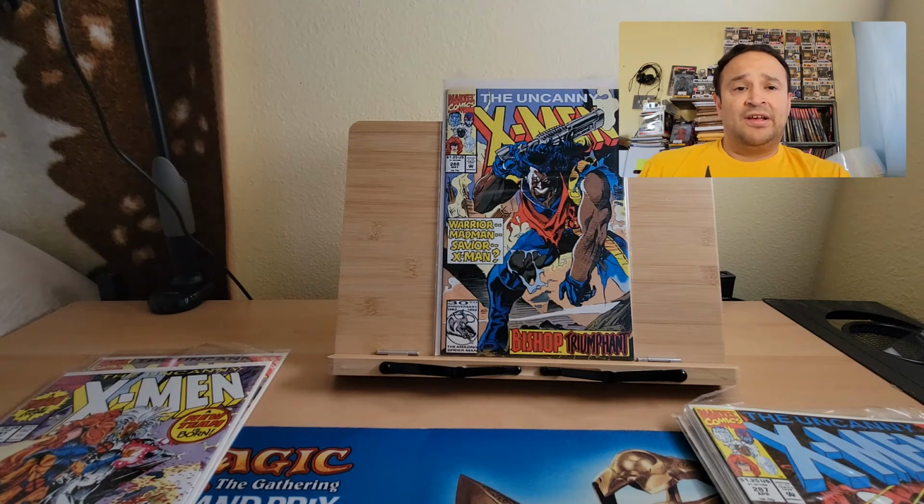If you want to collect certain keys, if you can, buy them in a lot. It's cheaper that way. I can look at it like I just paid $30 for the first appearance of Bishop, and all these are pretty much free. When you break it down, it's like $3 a book, which is not bad. I don't see any of these other books really going up in price. Maybe another 10 years they'll start reaching maybe the $10 to $15 to $20 range per book, but it's going to be a while. It's only like the first appearance and the cameo that are really going to shoot up, and that's pretty much